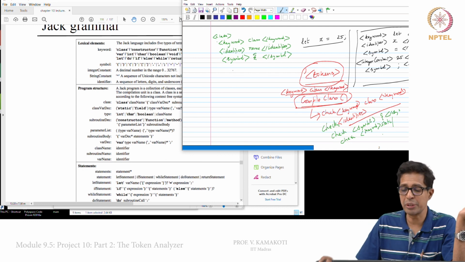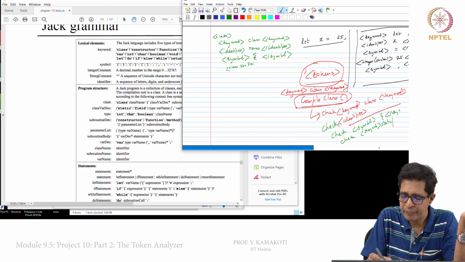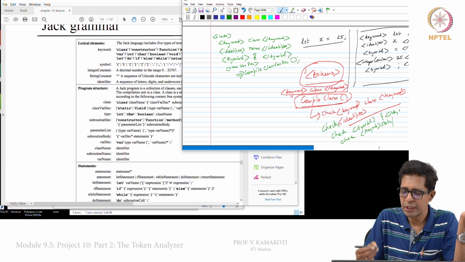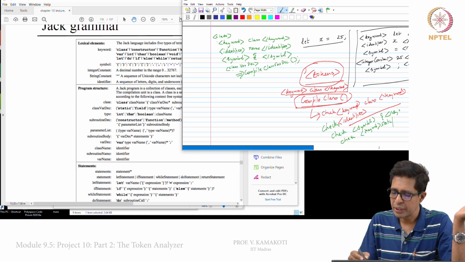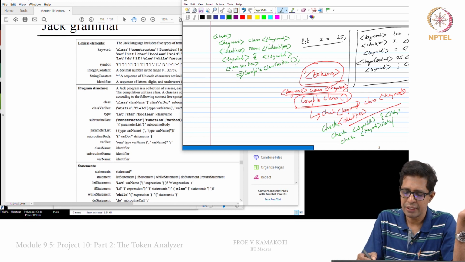If that is there, then immediately you write, with 2 spaces here, class var dec, and here you call compile class var dec. This is another routine. Currently it was compile class, and that will now call compile class var dec, right.